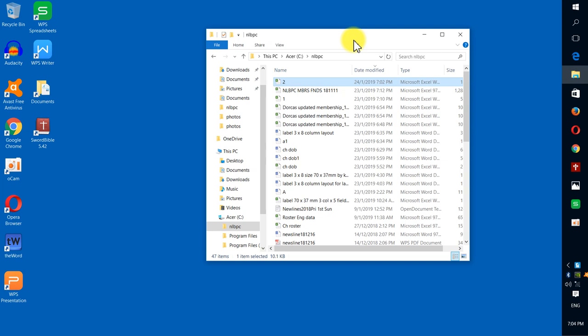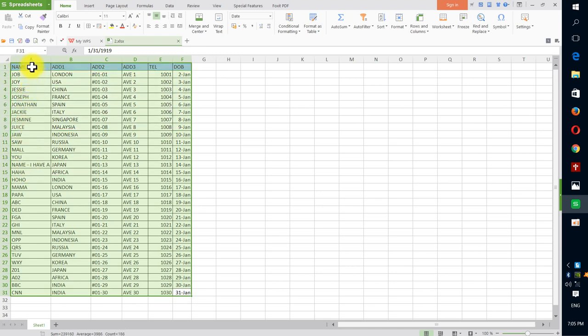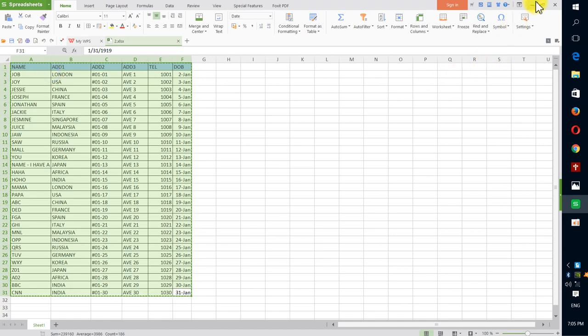Okay, to do printing of mailmerge plus printing of labels, you need to have a data file, say created in Excel. I have some samples of it, but because we are using Kingsoft Office or WPS Office, we cannot run mailmerge directly from the Excel file, but we can copy the data to